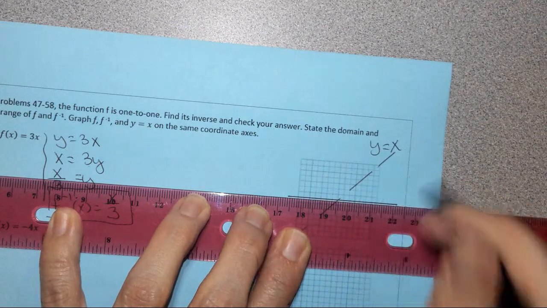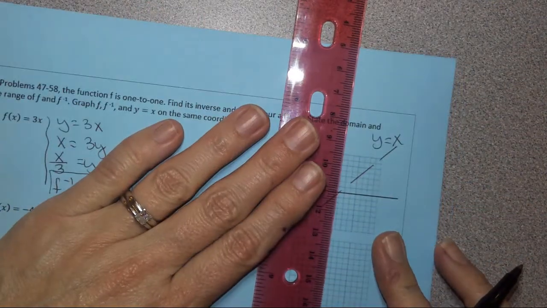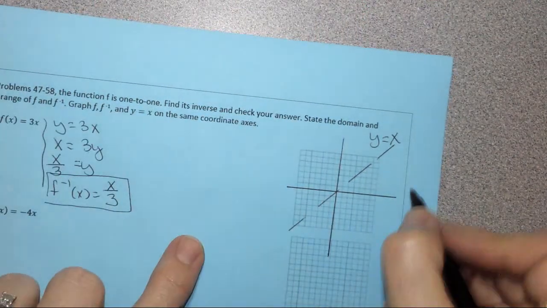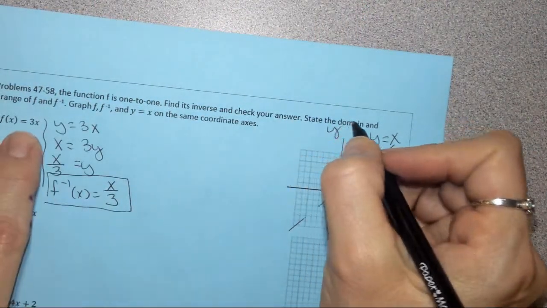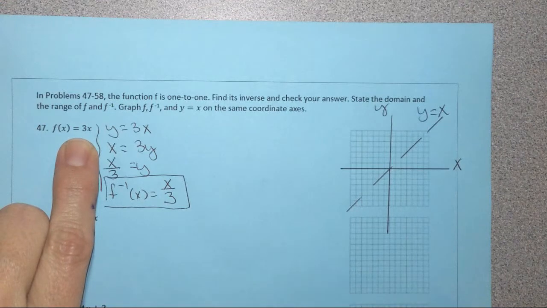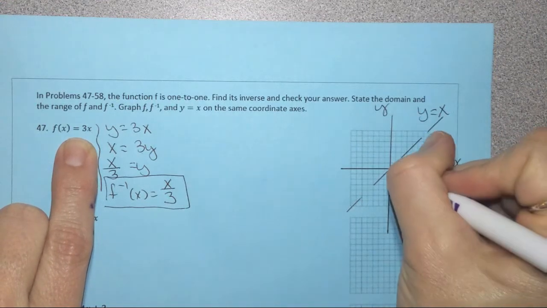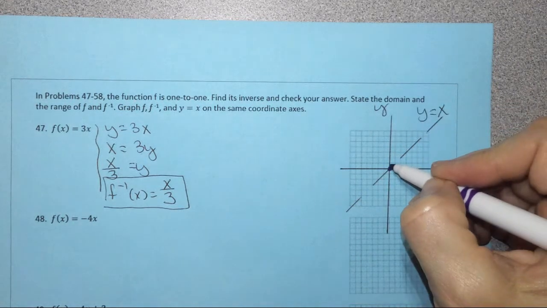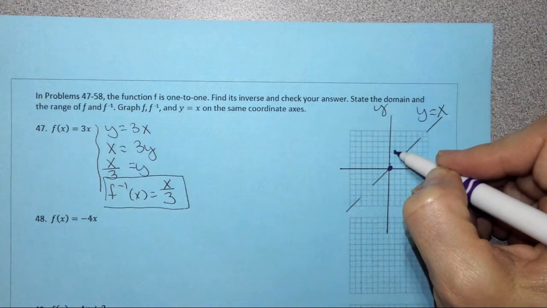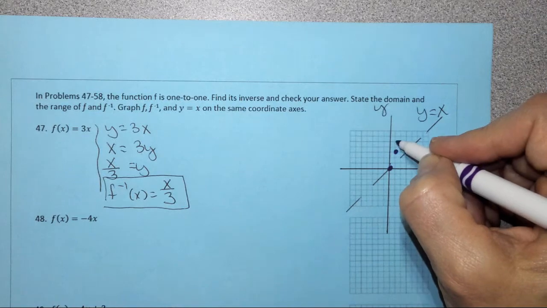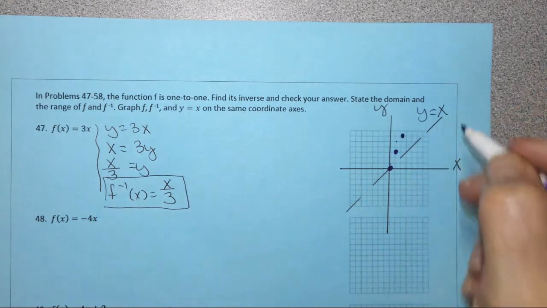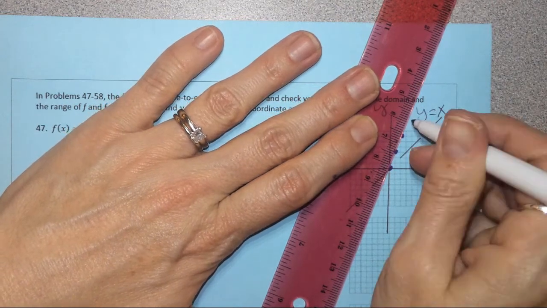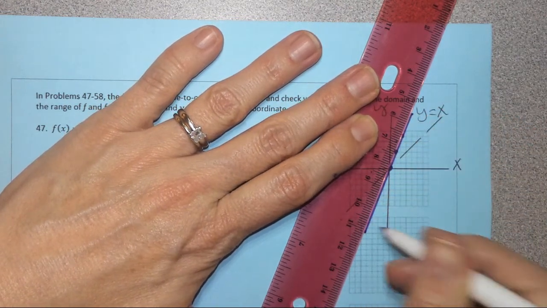My x-axis. Here's my y-axis. Okay, so x and y. This line starts at 0, 0, so I'll do this one in purple. The slope is 3, so I'm going to go up 3. 1, 2, 3, right 1. And do it again. 1, 2, 3, right 1. Okay. I'm going to draw that line. I'm going to label that one my